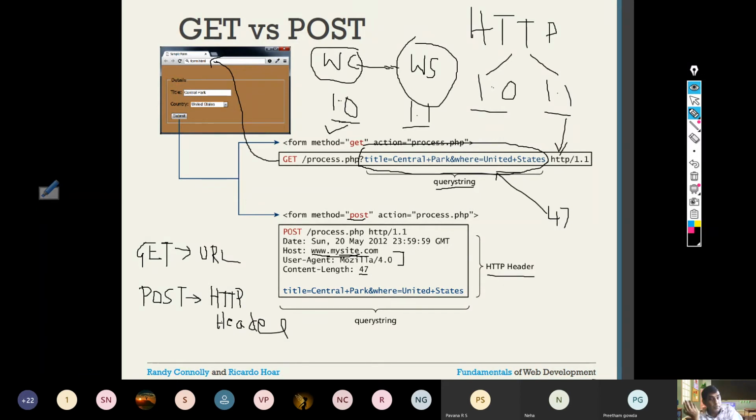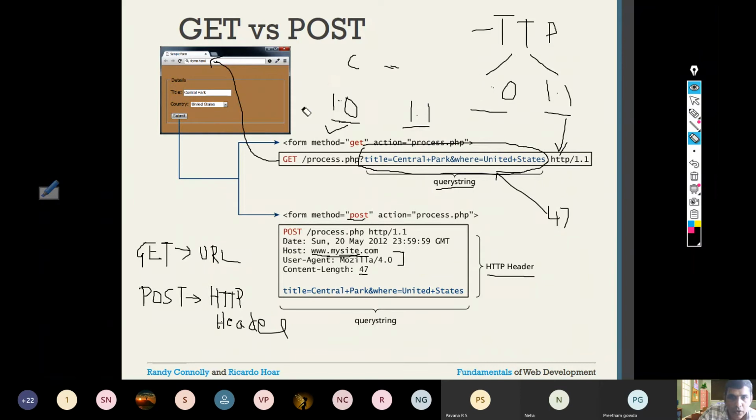The query string will be displayed if you are using the GET method. If you are using the POST method, your query string is never displayed in the URL window, and your information is sent in the HTTP header. Okay, HTTP header. So this is the important point. You people should note it.